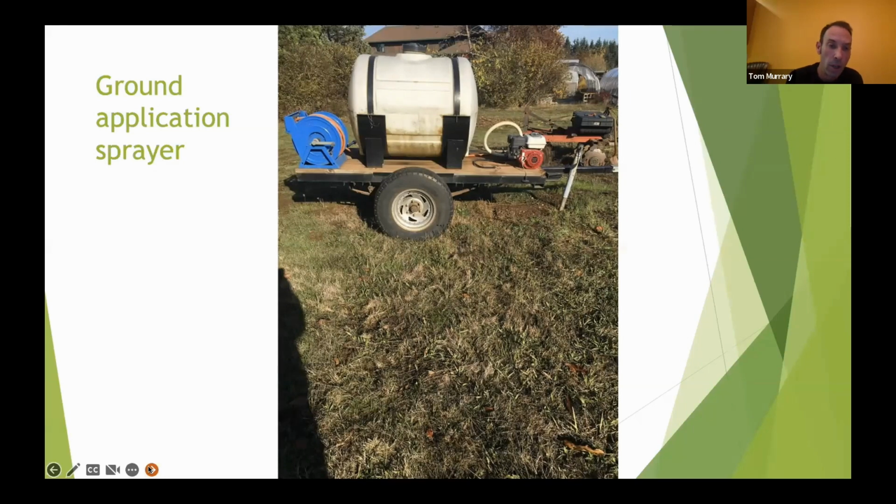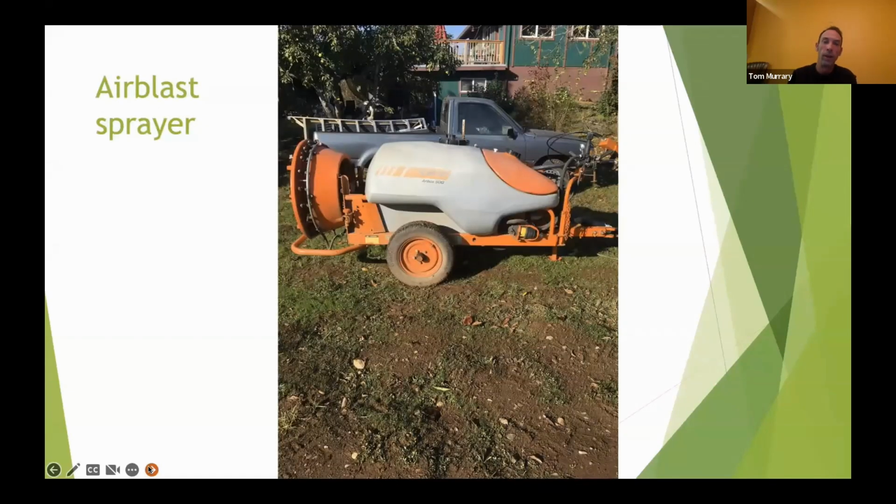And then if we go to the next slide, this is my little mini air blast sprayer. Now I do use a biological through this specifically for the codling moth management. I use granulosis virus for that, and it works through this. Again, you can dial the pressure appropriately to work through this machine. And this is the smallest air blast sprayer that I was able to find that actually will go to those low pressures. But I don't really use this very much for the compost tea applications. Anything else that I need to do goes through this, and it's really effective.